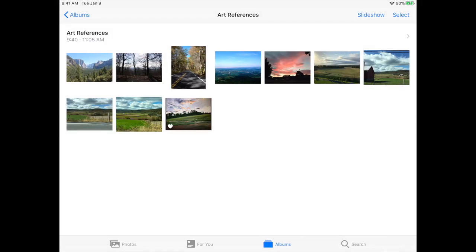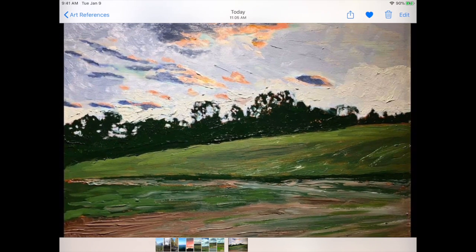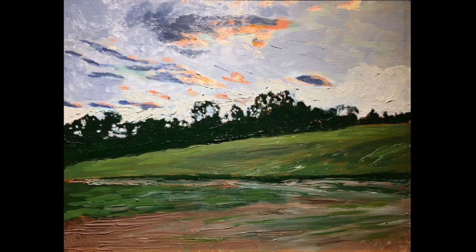Hi everyone, today I'd like to talk to you about what makes a great photo reference for painting on canvas. We're going to be doing a landscape study in class, so I want to give you some examples of photography that works well to paint from. And for this unit, we're going to be taking a look at some of these paintings by the artist Toby